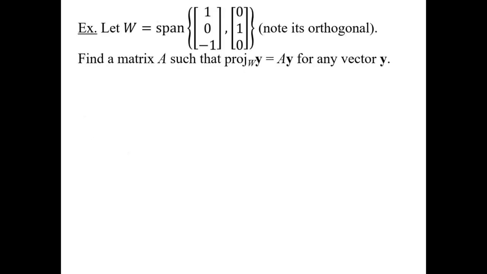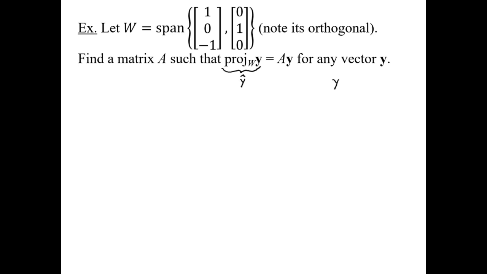Let's see how we could use that. Let W be the span of these two vectors. Please note it is orthogonal. And let's find a matrix A such that the projection onto W of y is equal to A times y for any vector y. Please remember that this is just another fancy way of saying y hat. And so we want to find a matrix A so that y hat is equal to that product times y. Well,